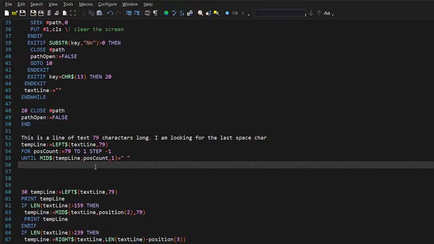And temp lines, pause count equals 79 to 1 step minus 1 until the character in mid-string temp line pause count comma 1 equals a space, and then the temp line is adjusted to be the length of the string minus pause count minus 1. Okay,